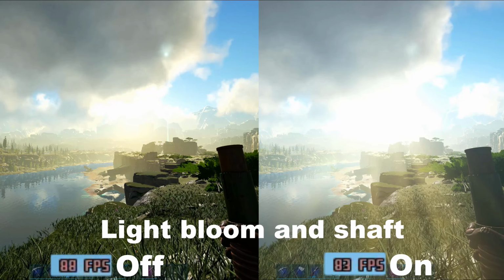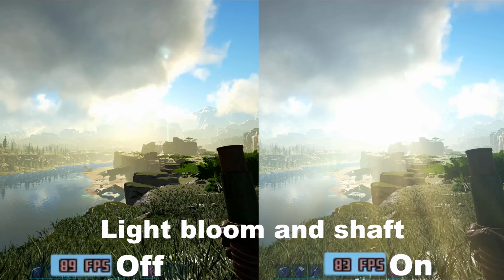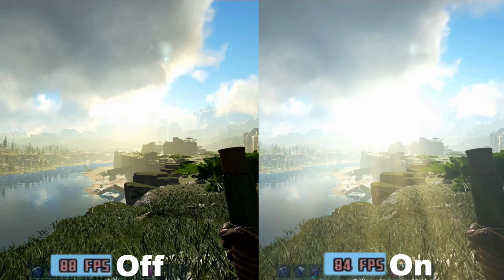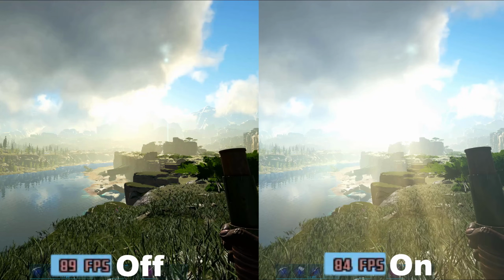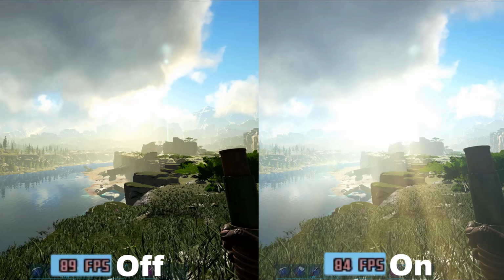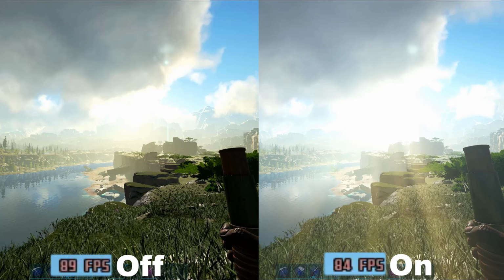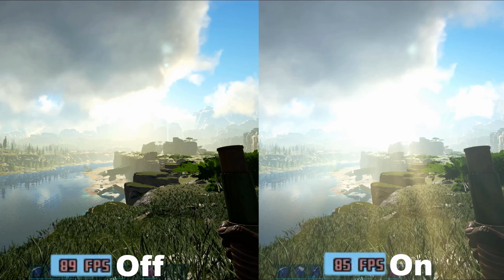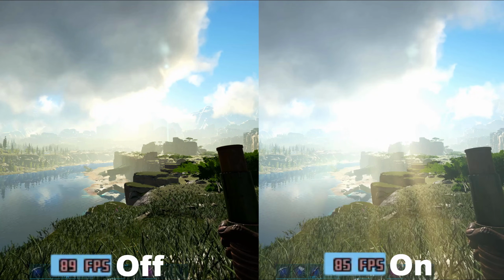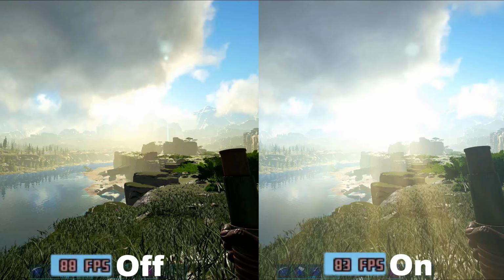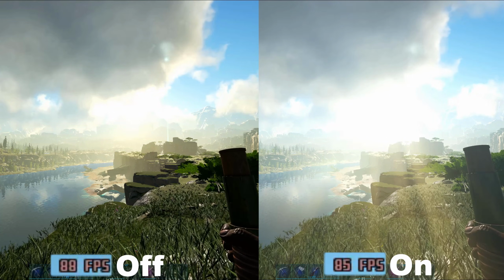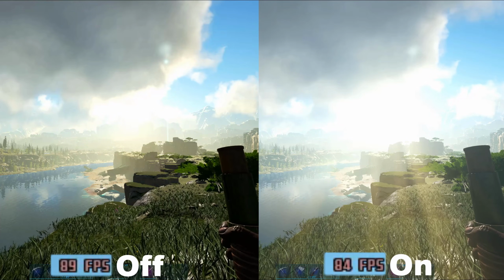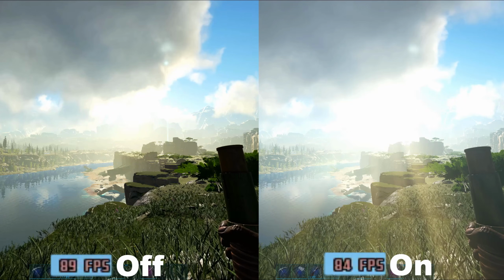Next up, we have light bloom and light shaft. I have taken both of these settings and tested them at the same time because they more or less work together to create a more realistic image or more realistic lighting in the game. But it can be a bit aggressive in Ark, as you can probably tell from this short video. The reason I personally turned it off is because sometimes when I was opening the map, I couldn't see anything on the map because the light was just blinding me. So I would recommend turning it off. If you really like it, you can leave it on. You do gain a few FPS by turning it off, but I also feel like you gain a lot more playability, because it is so sharp a light when you leave it on.